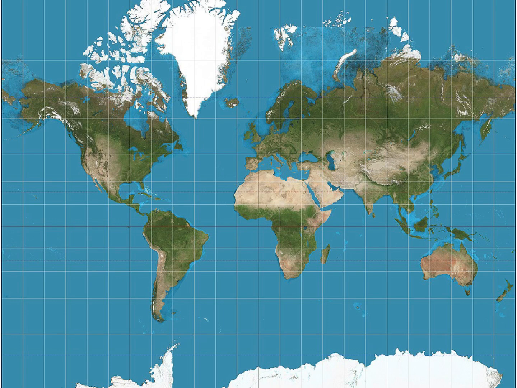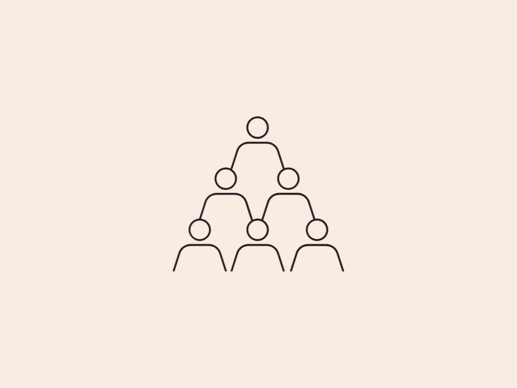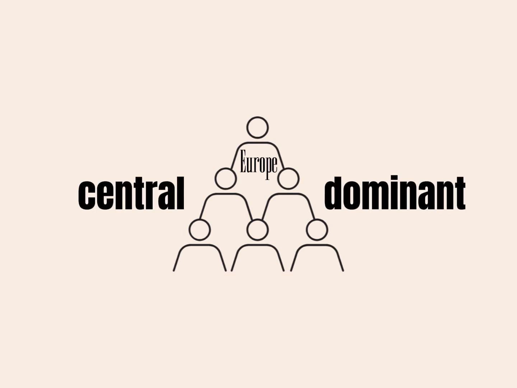In real life, Africa is about 14 times larger than Greenland. On the Mercator map, they seem similar in size. The math itself wasn't political, but the decision to use this map everywhere was. For centuries, Mercator became the default classroom map and the normal image of the world. It was a visual hierarchy where Europe felt central and dominant. It reinforced Eurocentric world views, even if that wasn't the original intent.